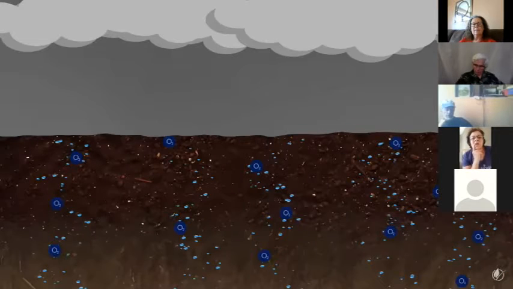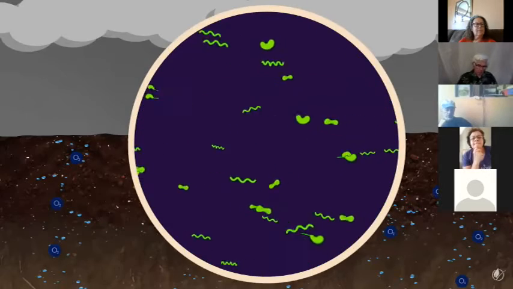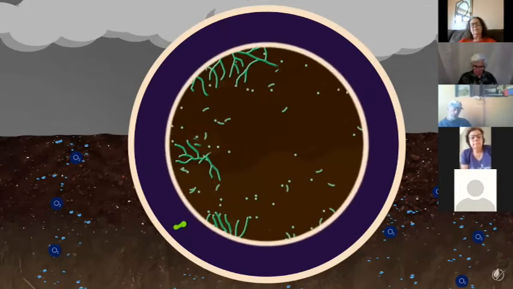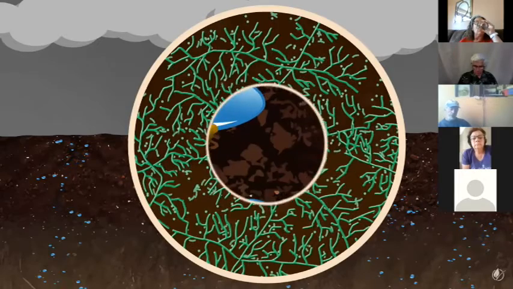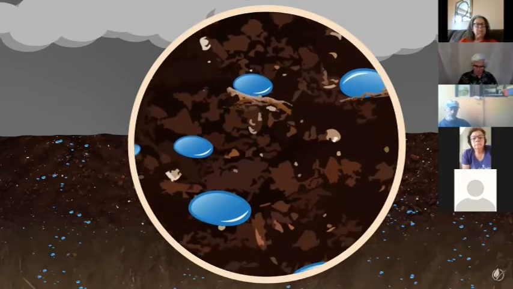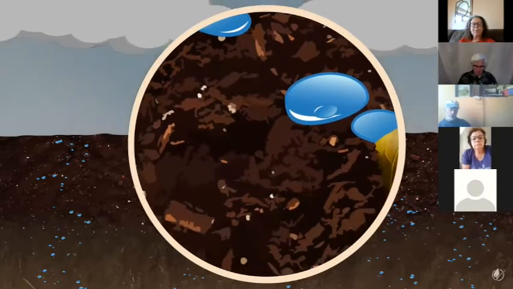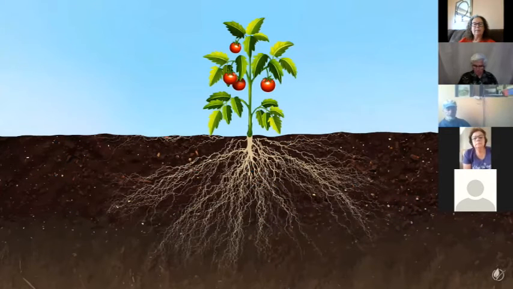This is crucially important, as the majority of disease-causing microbes cannot operate in oxygen-rich environments, and they are forced to shut down. Meanwhile, beneficial microorganisms thrive in oxygen-rich environments. Water droplets are held in the numerous cracks and crevices, and in organic matter for long periods of time, thus increasing drought resistance. Good structure allows plant roots to move effortlessly through the soil profile without having to work hard